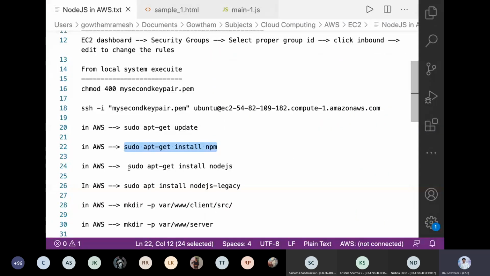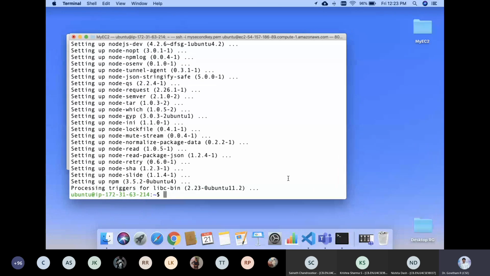The next command is to install the Node.js environment. The command to install Node.js is sudo apt-get install nodejs. Come back and execute the command sudo apt-get install nodejs in the command prompt.